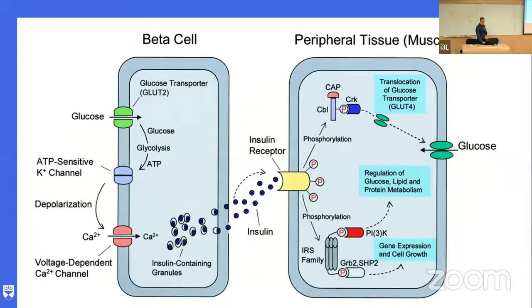What happens is we get translocation of a glucose membrane transport protein related to GLUT2. This one's called GLUT4. If the insulin binds to the muscle cell, we get insertion of GLUT4 glucose transporters in the plasma membrane. If we have more transporters for glucose within the plasma membrane, that means we've increased the capacity for that cell to take up glucose from its external environment. So if you think about that in a stepwise process, insulin binds to the skeletal muscle cell. The response to that is we have more glucose transporters. That means these cells are able to take up more glucose. So what's going to happen to the glucose concentration? It's going to be